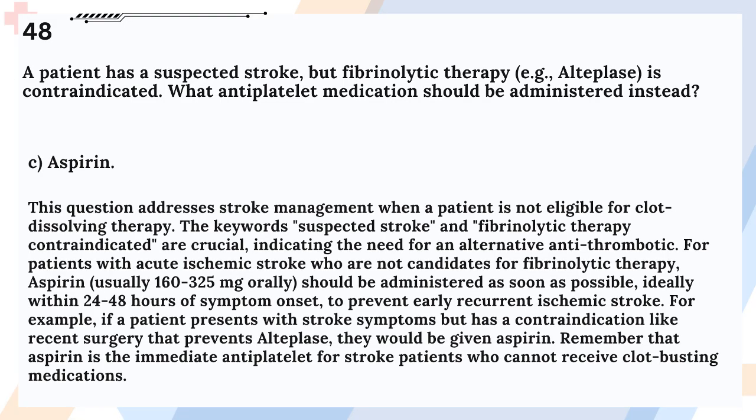Answer: C. Aspirin. This question addresses stroke management when a patient is not eligible for clot-dissolving therapy. The keywords suspected stroke and fibrinolytic therapy contraindicated are crucial, indicating the need for an alternative antithrombotic. For patients with acute ischemic stroke who are not candidates for fibrinolytic therapy, aspirin, usually 160 to 325 mg orally, should be administered as soon as possible, ideally within 24 to 48 hours of symptom onset, to prevent early recurrent